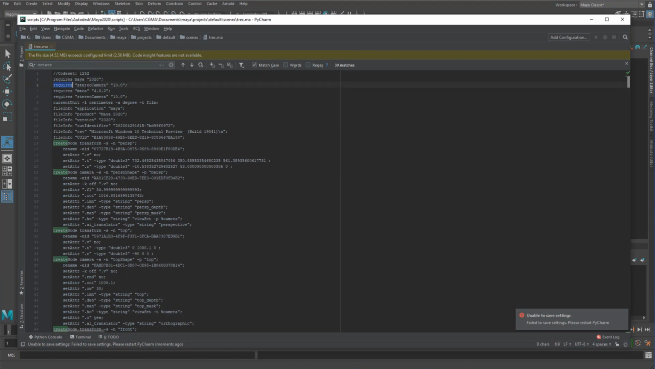But any requires here that has one of these names is basically a plugin. So you can see here it requires the stereo camera because that was just on by default in Maya. MTOA, which is the Arnold plugin. Again, the stereo camera twice for some reason. And so if you had another plugin here,